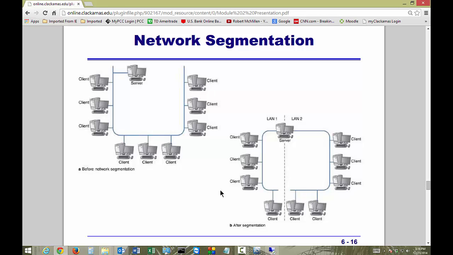Network segmentation. A lot of different offices use segmentation, and they do that either by putting a router between the two groups of computers, or they create what's called a VLAN, or virtual local area network, and you can do that in the switch itself. In this case, on the left-hand side, before network segmentation, you see everybody's on the same network,